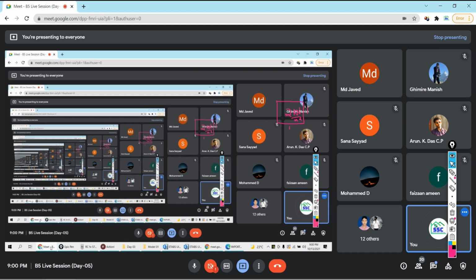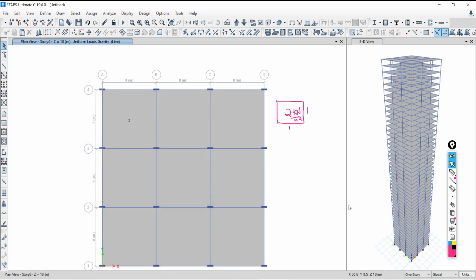Anyone else? Yes, that is correct. But what is the exact conversion? 1 kilonewton is equal to 101.97 kg.